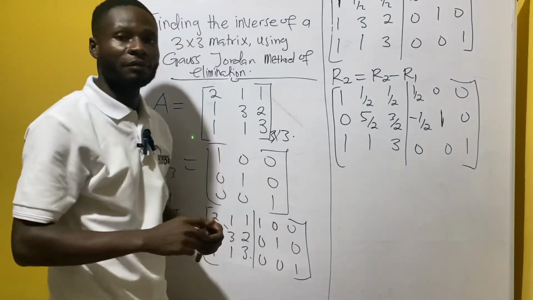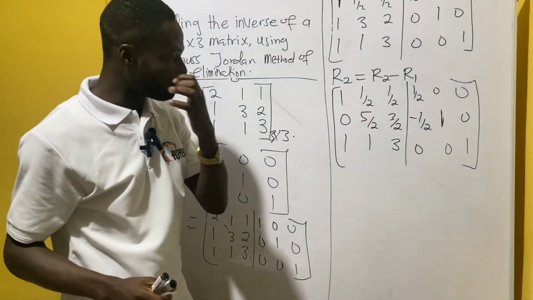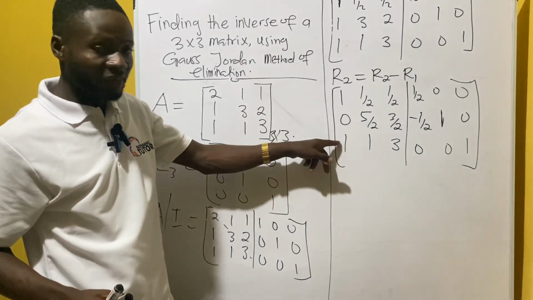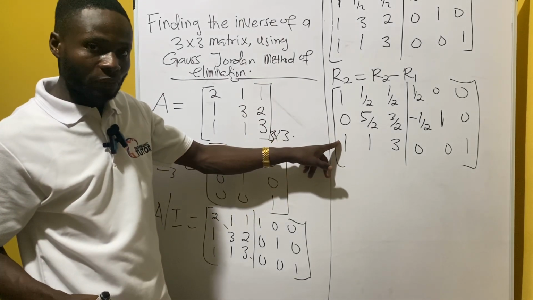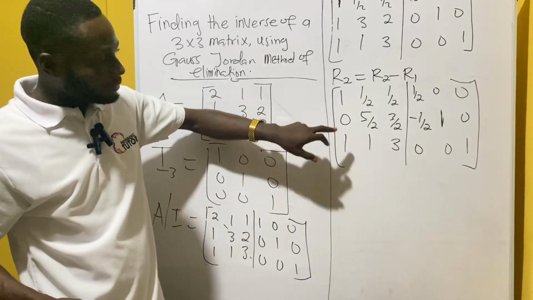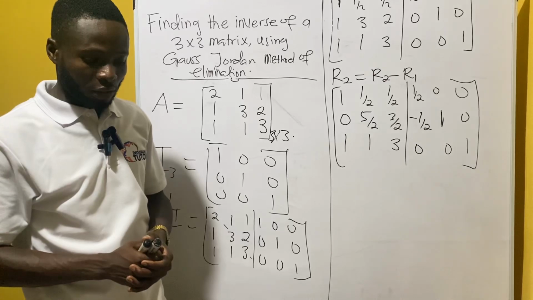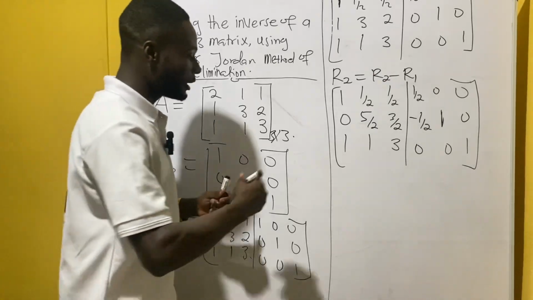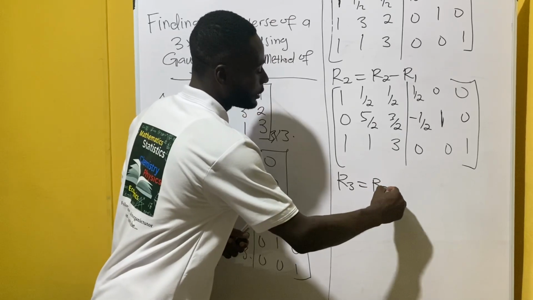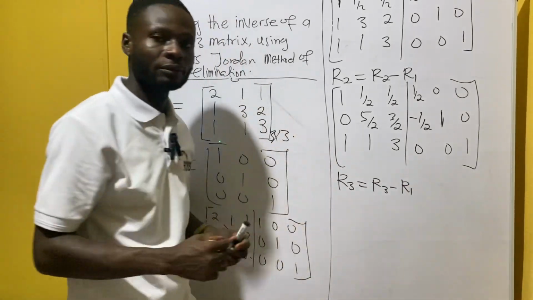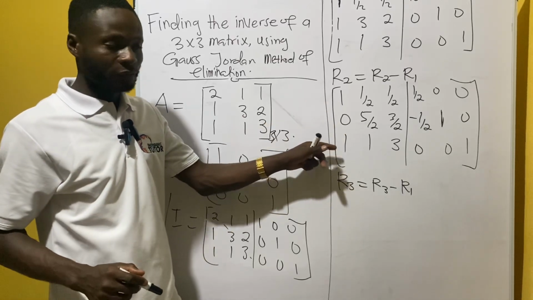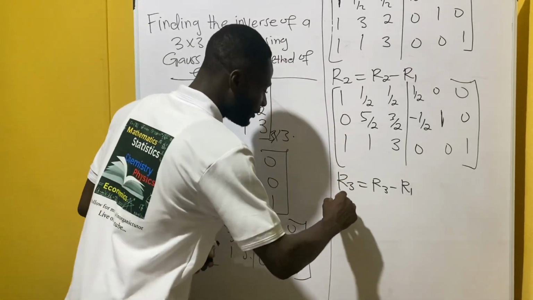Right. Very, very simple. So now we have eliminated the first element on the second row. We come down to the first element on the third row. So what do we do? We use row 1 to do that work. So we say that row 3 should be equal to row 3 minus row 1, because 1 minus 1 is going to give us 0. So right here, we're going to have